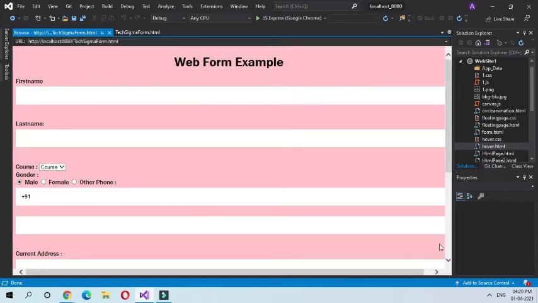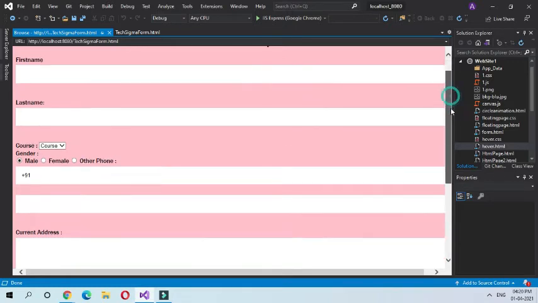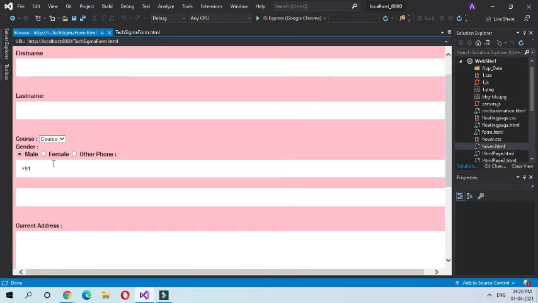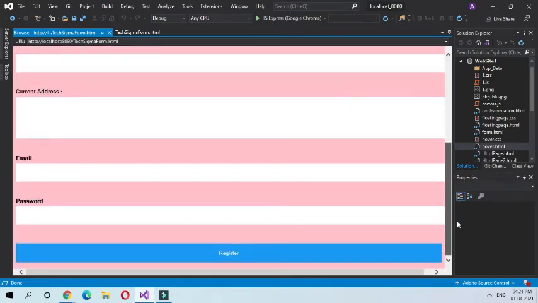As you can see, this is our web form that we had created using CSS. The width of this text box has increased, the last name text box has increased. This is our register button with some hover effect.